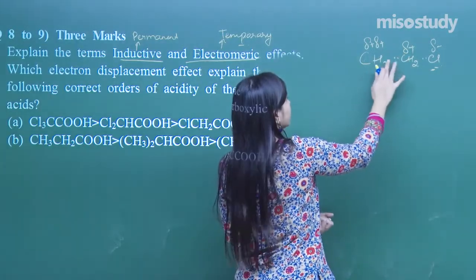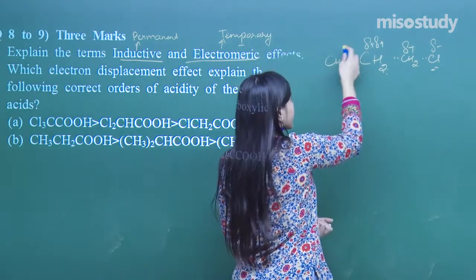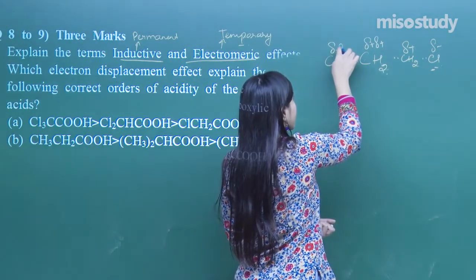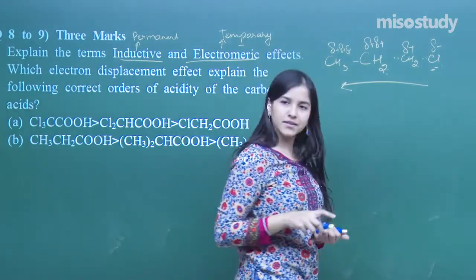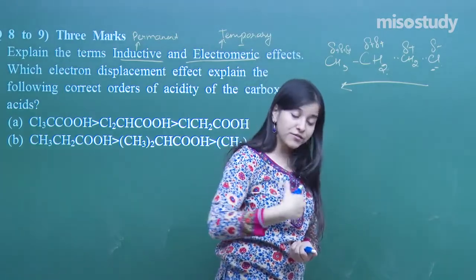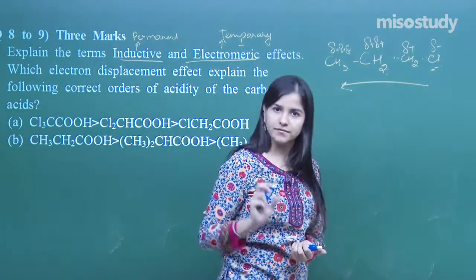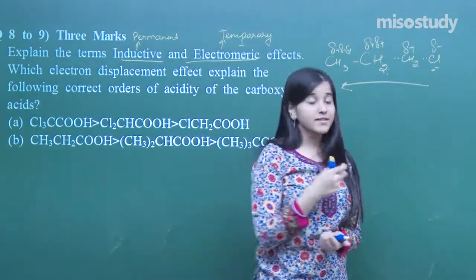And if I move on to the third carbon, let us say, again there will be shifting of electrons and development of the charge, but very, very less. So, it exists up to the third atom. That is what the inductive effect is, that is the polarization, the shifting of the electrons within the carbon chain. If I talk about the electromeric effect, what is it?